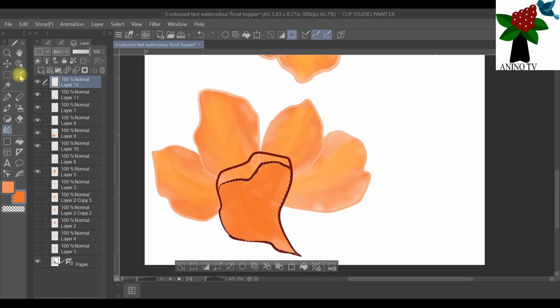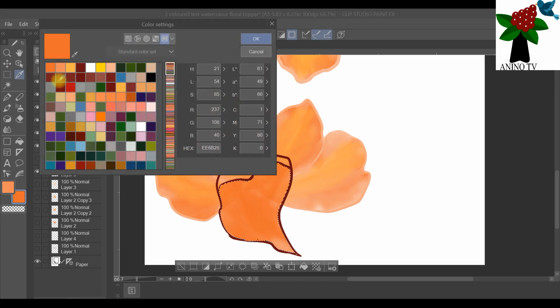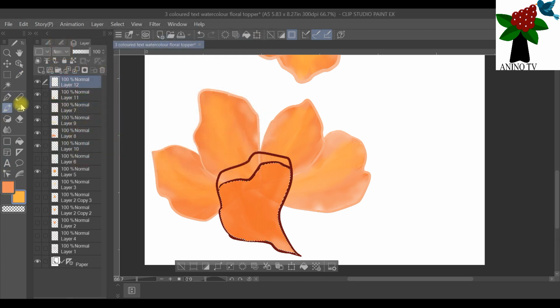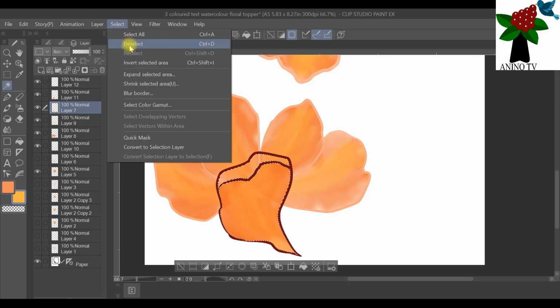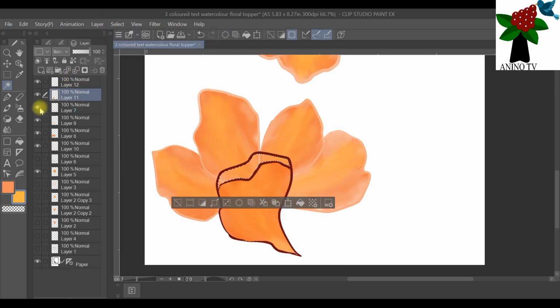Add a new layer. Use the yellow watercolor, and I'll just, using the blend tool, feathery strokes. This upper part of the petal, I'll do the same. Come back, I'll select only the upper part, but I'll paint them on the same layer. So